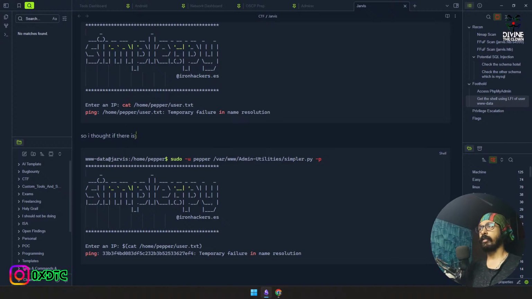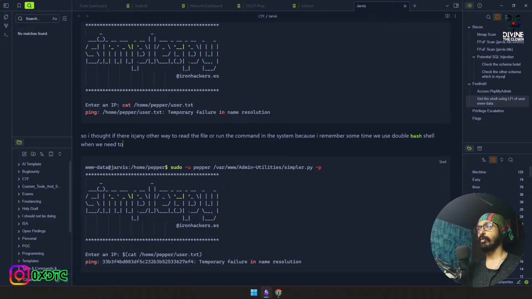If there is any other way to read the file or run the command in the system, because I remember sometimes we use a double bash shell when we need to get the RCE, a shell inside a shell. Using the same method or technique,